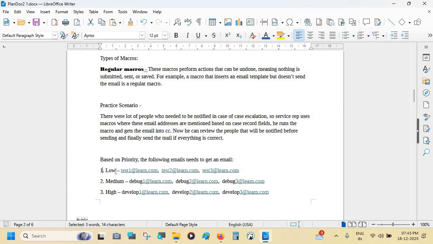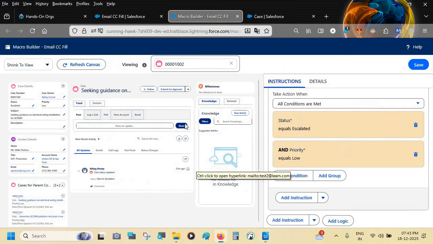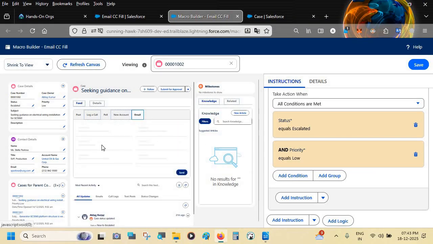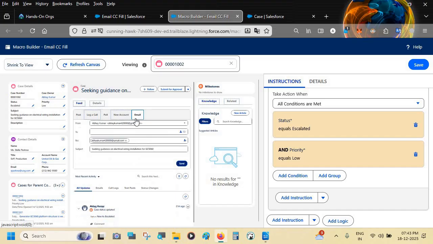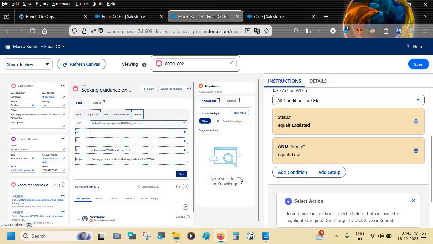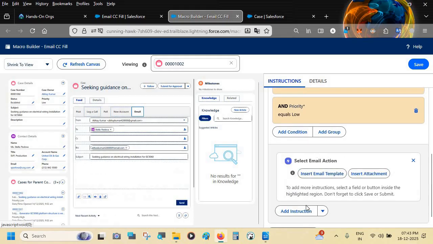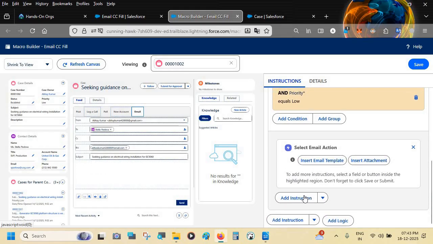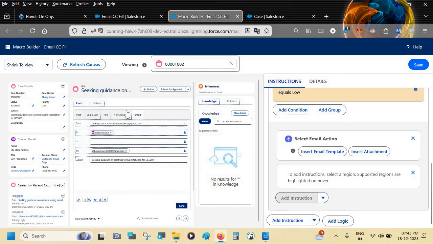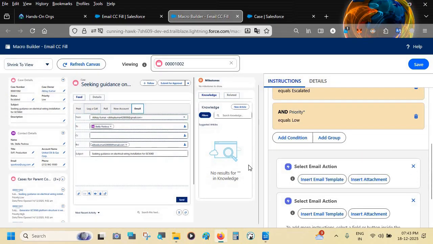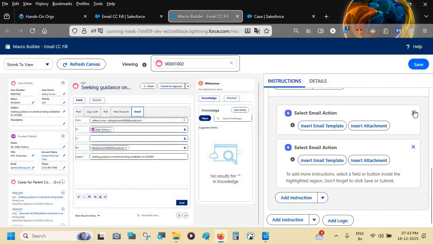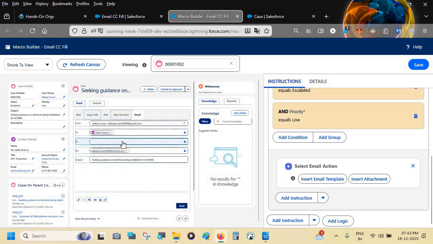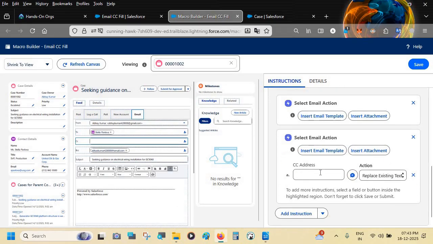Now in the case of when the priority is low and the case is escalated, we need to put these three emails here in CC. So we will click on this instruction, add instruction. Now we will click here. So it is already selected. Now we will click here, and then